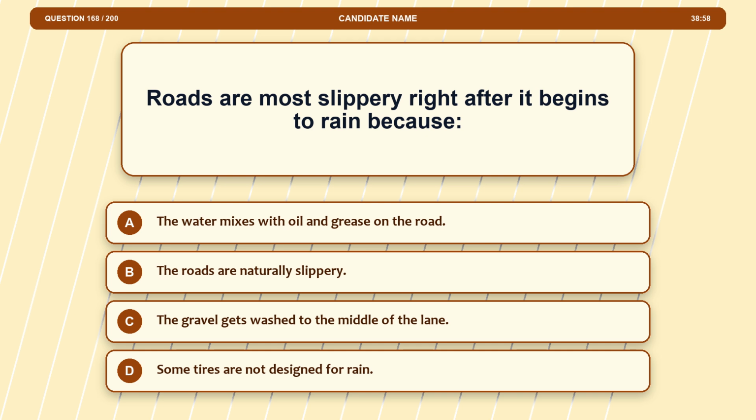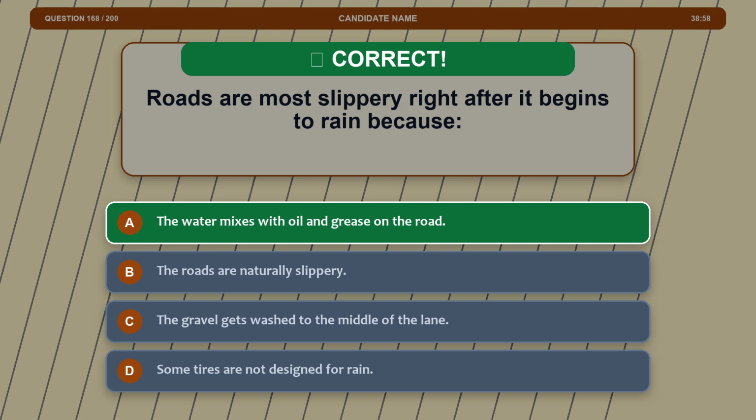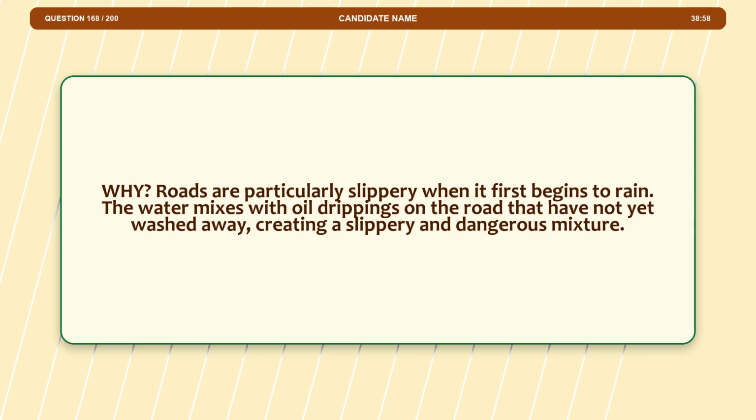Question 168. Roads are most slippery right after it begins to rain because of: Option A, the water mixes with oil and grease on the road. Option B, the roads are naturally slippery. Option C, the gravel gets washed to the middle of the lane. Option D, some tires are not designed for rain. The correct answer is option A. The water mixes with oil and grease on the road. Explanation. Roads are particularly slippery when it first begins to rain. The water mixes with oil drippings on the road that have not yet washed away, creating a slippery and dangerous